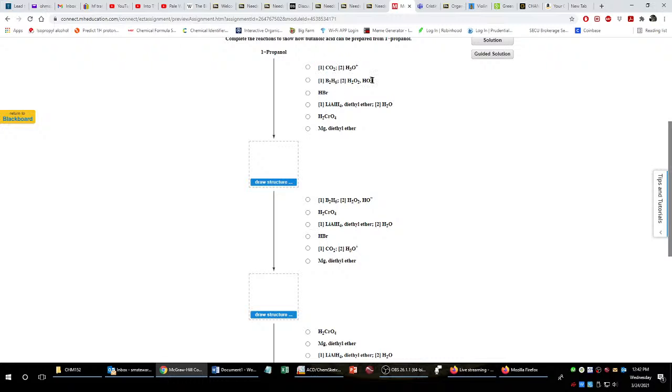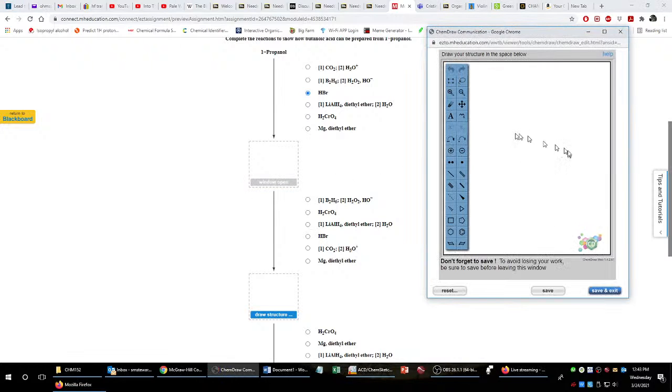So if we look at what's here, B2H6 doesn't make any sense because we don't have an alkene. Lithium aluminum hydride doesn't make any sense because we don't have an aldehyde or a ketone or carboxylic acid to reduce. Chromic acid will convert propanol to a carboxylic acid, but it'll be propanoic acid, so this won't work. CO2, H3O+ won't react with anything, the magnesium won't react with anything. So we're going to go with the HBr here, and the reason we're going to go with the HBr is that this is actually going to give us